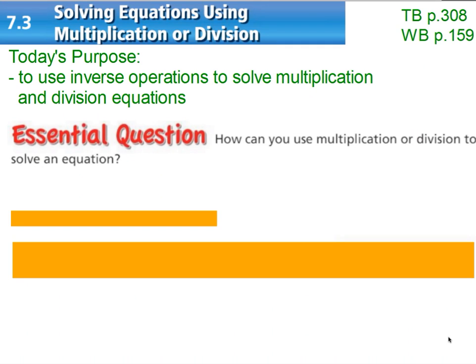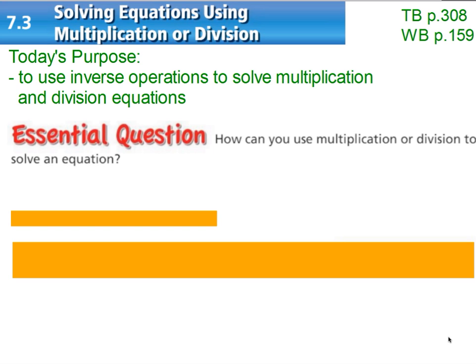Today we are going to complete lesson 7.3, solving equations using multiplication or division. This is on page 208 of your Big Ideas textbook. Our purpose today is going to be to use inverse operations to solve multiplication and division equations. So essentially, we're going to do the same thing we did yesterday. The only difference is, instead of it being addition and subtraction that we're working with, it will be multiplication and